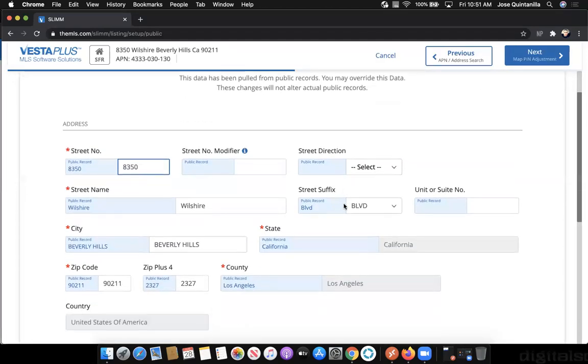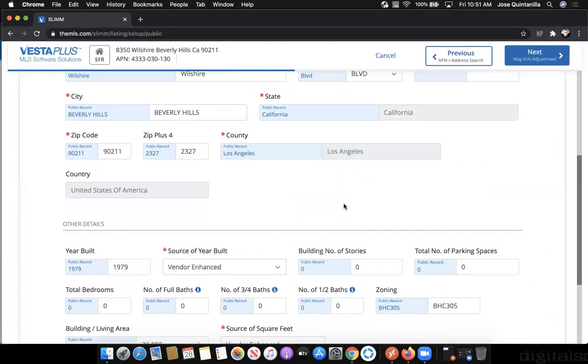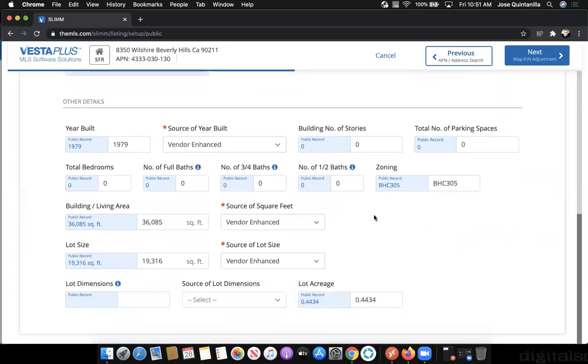So I'm going to confirm that public records has all the information correct. If not, I can make the change myself. Public records is the shaded blue area. That's what it's pulling from public records. But I can make that change here to the right of each field. Once I update or confirm, we hit next on the top right,